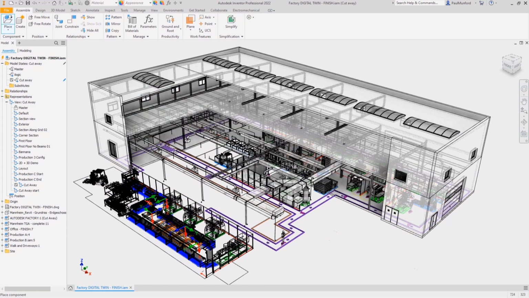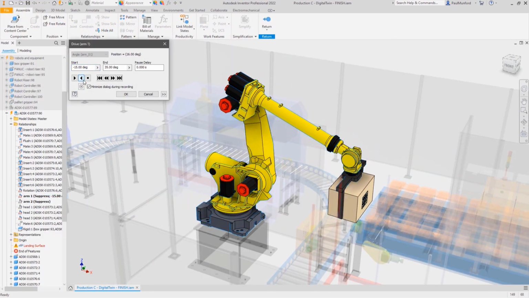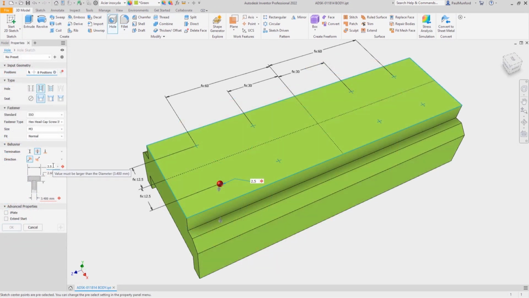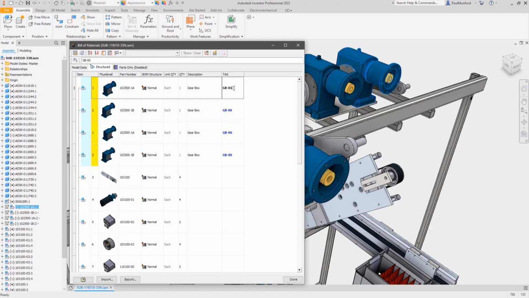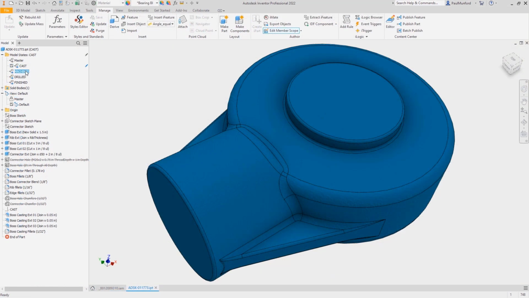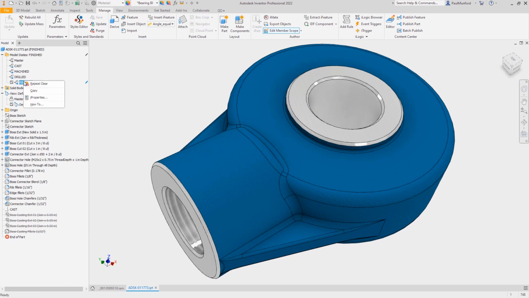You'll see performance improvements from simply opening and closing files, in-place editing, all the way through rendering views. Functional improvements to property panels and the addition of new tool palettes provide a more streamlined workflow across the entire user interface. Brand new model state functionality across parts and assemblies allows for the creation of part and assembly variants with unique instance properties. You can also simplify your designs, show manufacturing processes, and more without creating additional files. All of the information is stored within the part and assembly files.